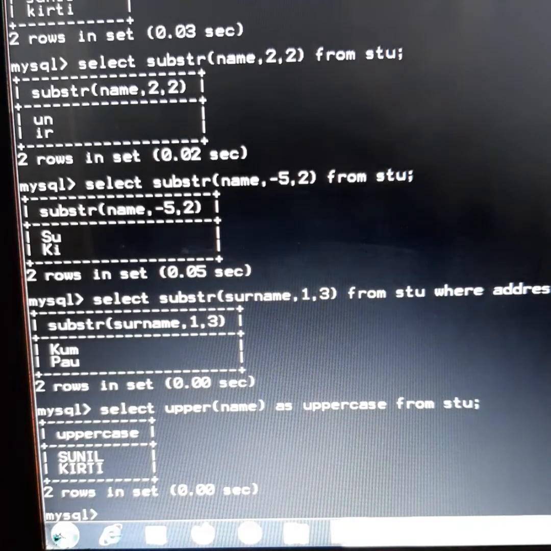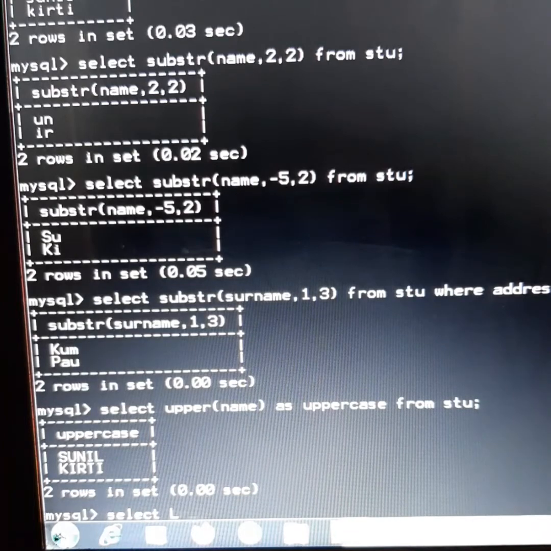Then comes example 11, which says: write a query to remove leading spaces of the string RDBMS MySQL. For that a trim function will be used. We'll select ltrim.